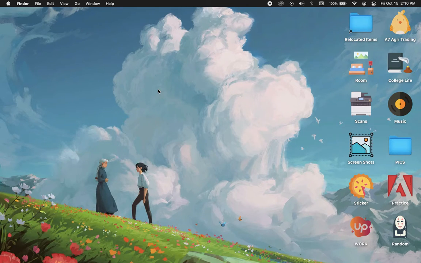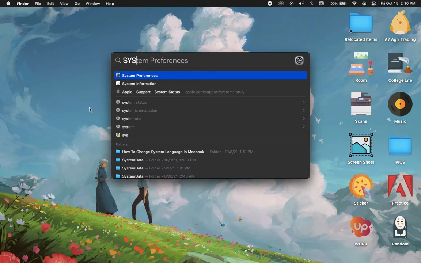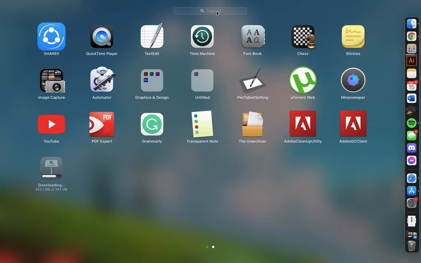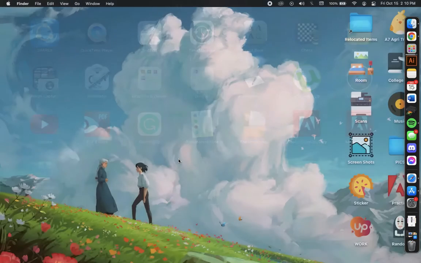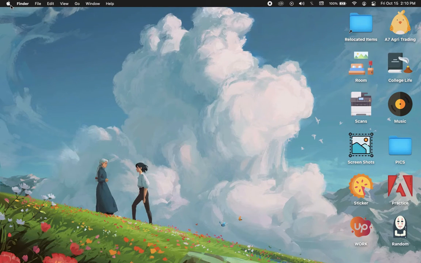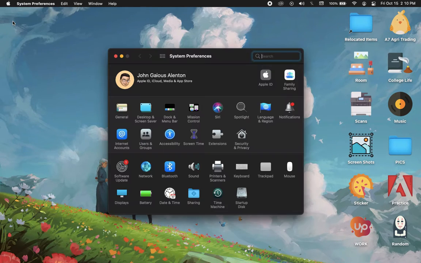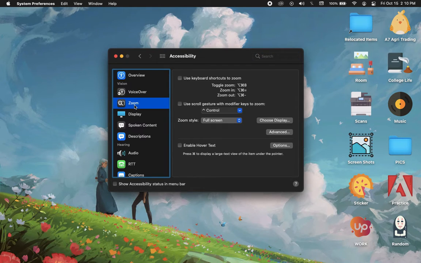The very first step is to open the System Preferences app by holding Command and Space and search for System Preferences. Also, you may search for System Preferences by clicking on the F4 button and search for System Preferences. And lastly, you may open Preferences by clicking on the Apple logo on the upper left corner and then click on System Preferences. And then, what we're going to do here is click on Accessibility, then click on Zoom, and